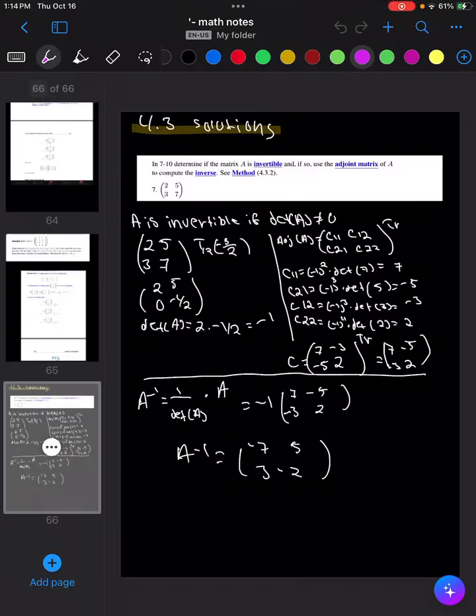Alright, so I'm going to be going over 4.3, number 7. Determine if the matrix A is invertible, and if so, use the adjoint matrix of A to compute the inverse. So, the first thing we need to determine is if it's invertible. So, in the book, it states that if A is invertible, then the determinant of A